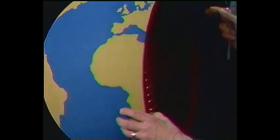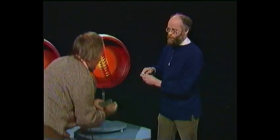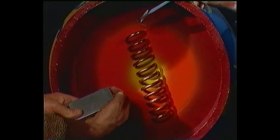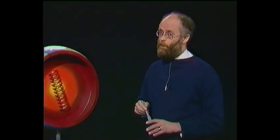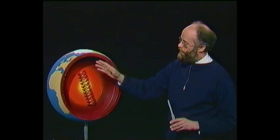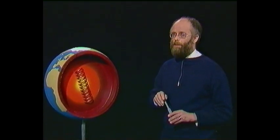Well, we're fooling you, really. This is a different globe with a coil carrying an electric current. And the needle flipped over because Jeff turned this switch to reverse the current. Now watch that again. Now, I'm not suggesting there's a coil like this inside the Earth any more than there's a bar magnet. But this does show that the Earth's magnetic field could be produced dynamically. Electrical currents circulating within the core could produce the field,